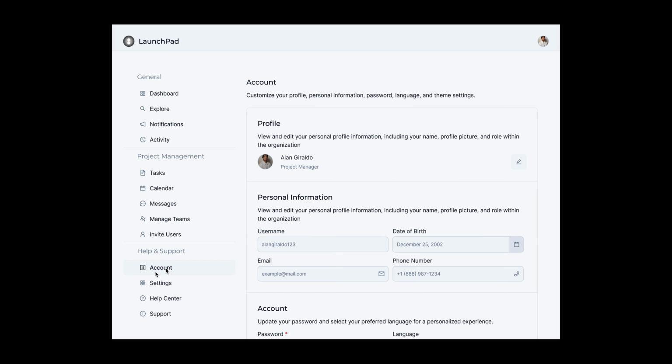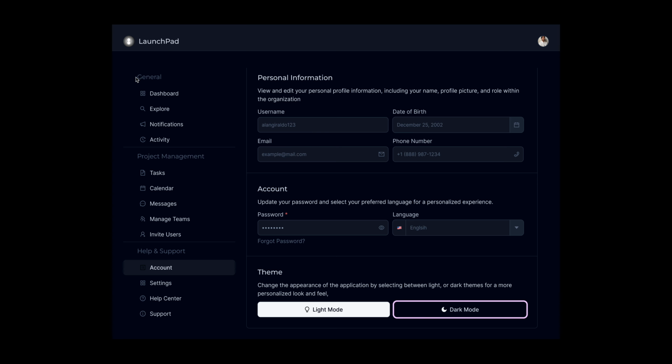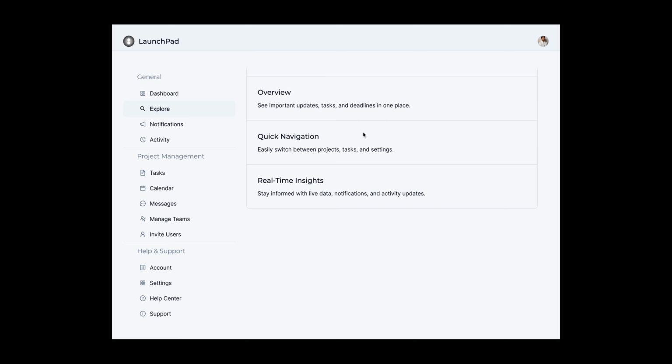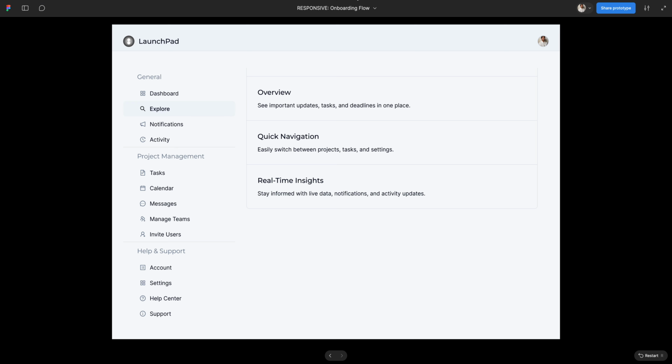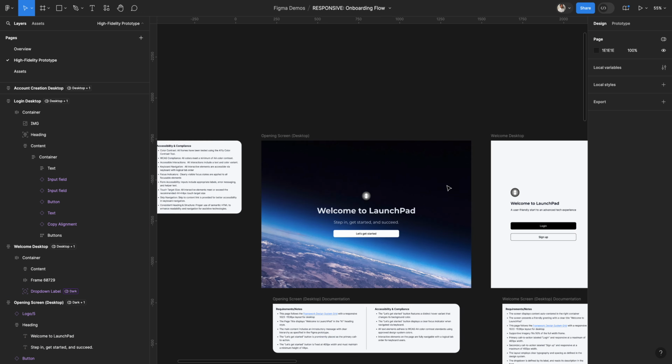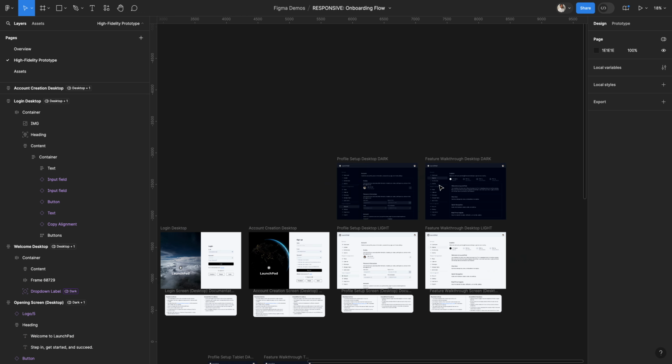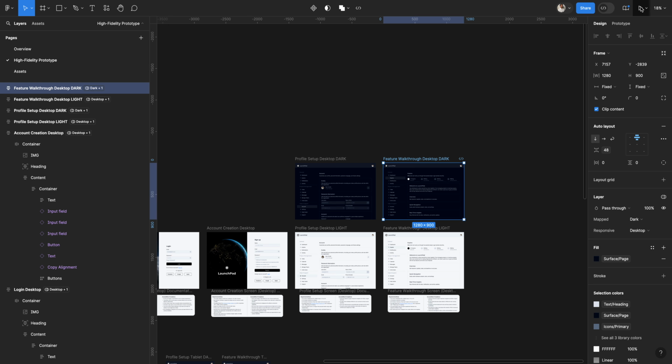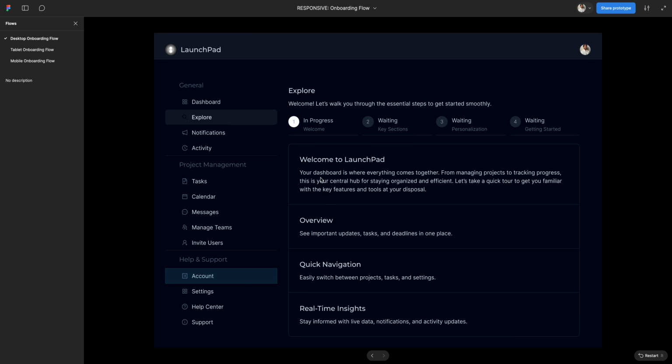Now let's go back and show you how that looks like in dark mode. Oh, hold on, let me. Sorry, I don't think I linked that, so let me just show you from here. There you go. So this is the dark mode version of the